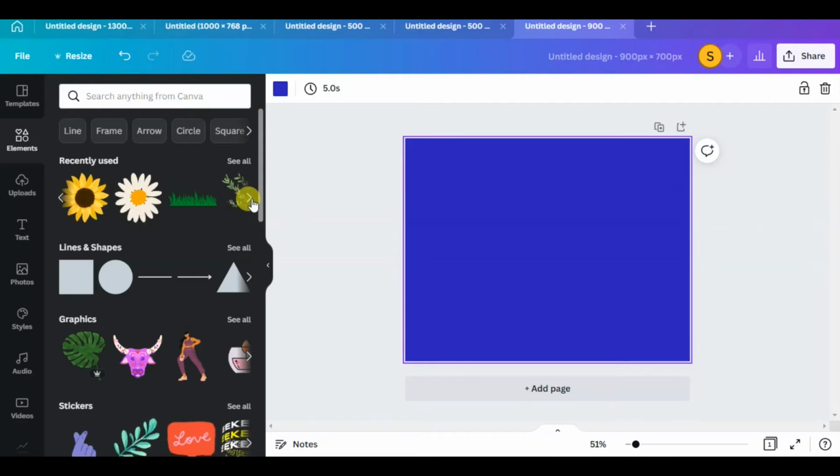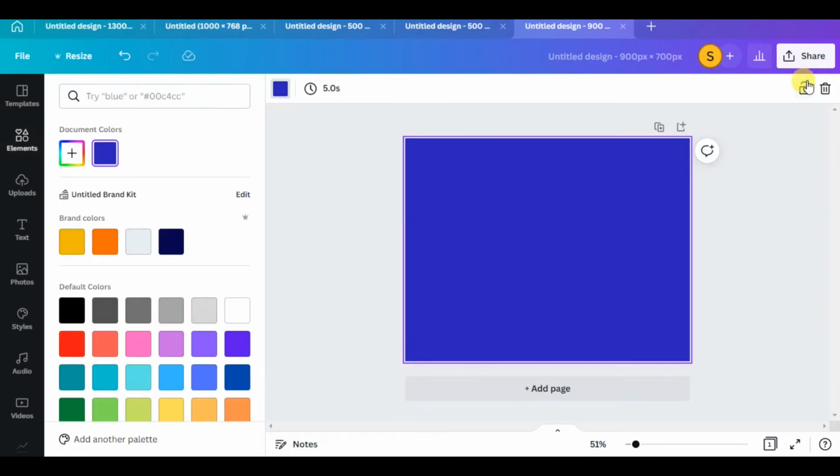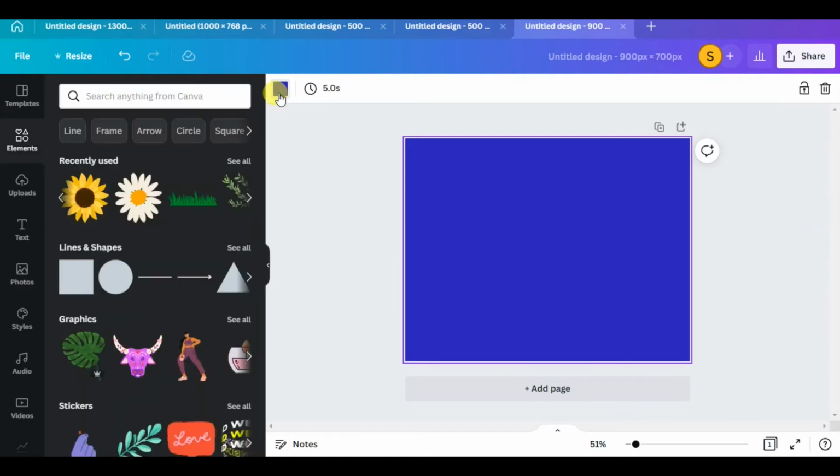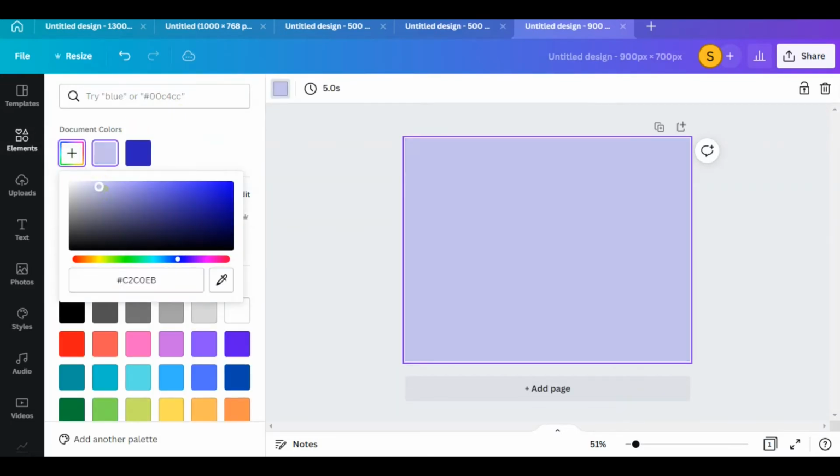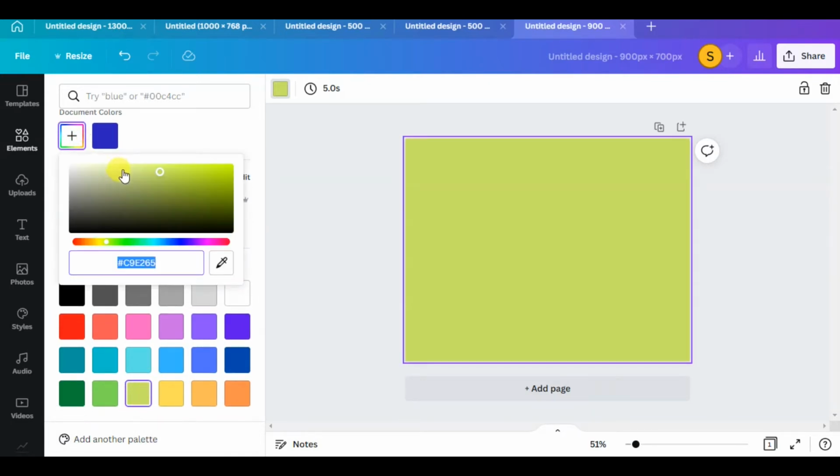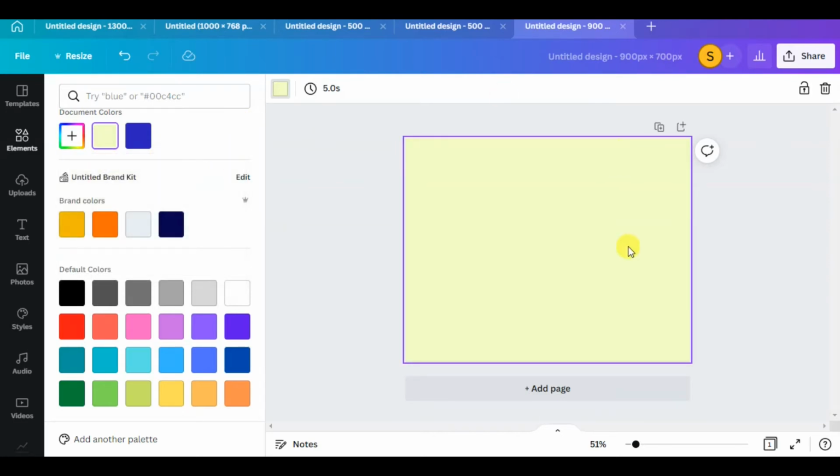Yeah, let me just use this. I think I should just go with the other one I used before, which is the nature kind of color background.